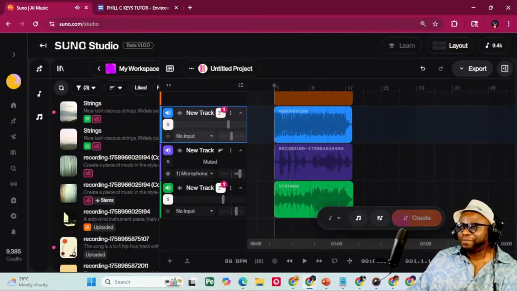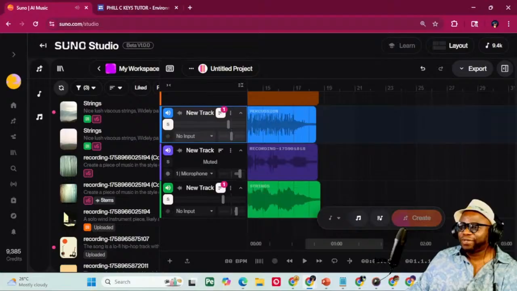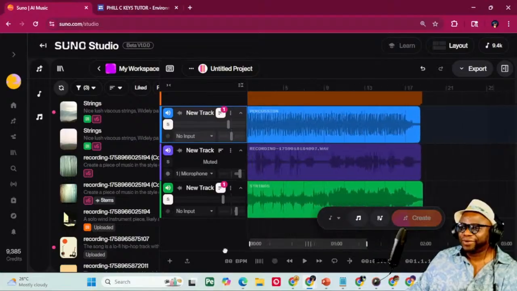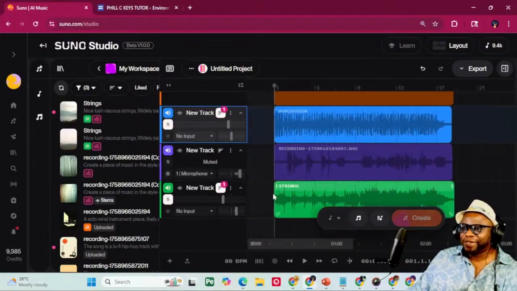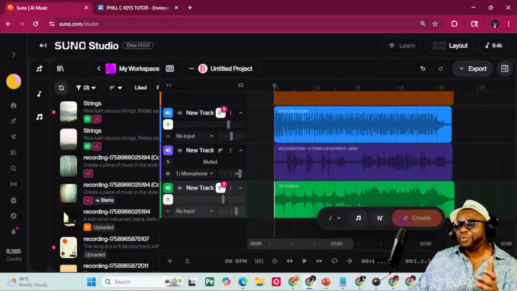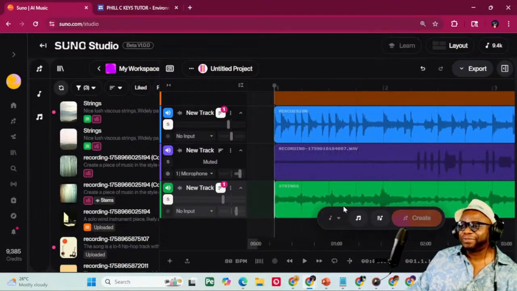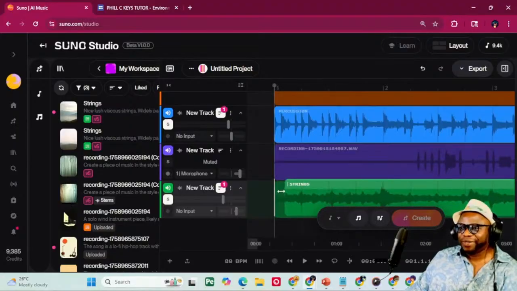So this is part of what I'm talking about. This sounds really good, but there's just one thing that I need to sort out, and that is the strings need to be moved more to the front of the timeline. They are lagging. The strings are lagging. So as a musician, I know exactly what to do. I'm just going to shorten this a little bit. I'm going to hold down